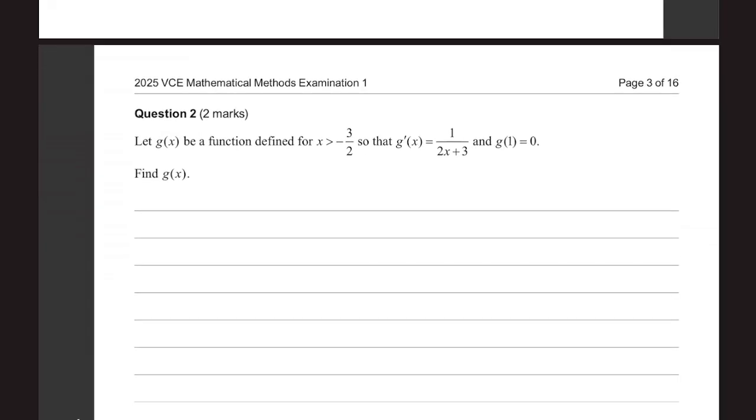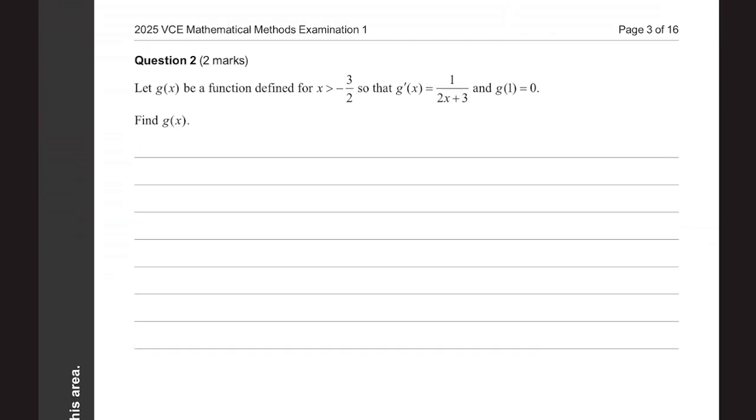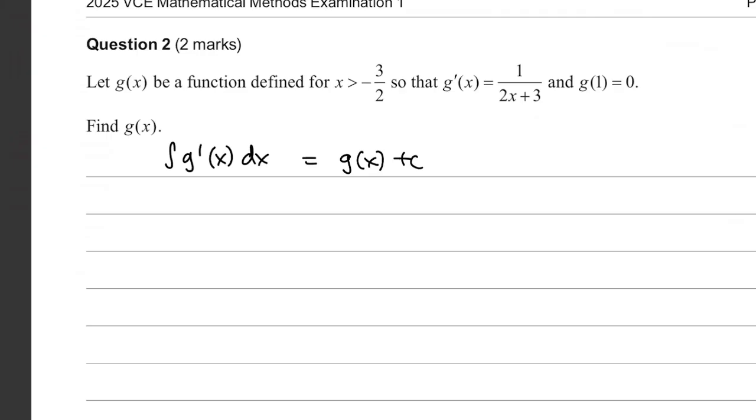Next one, we got some antidifferentiation, just like usual. So g of x is a function when x is bigger than negative 3 on 2, so g dash of x is that. So goal is here, find g of x, so all we're going to do is integrate this, because integrating g dash of x with respect to x gets you back to regular g of x plus c. And to find the plus c, all we're going to do is use this idea that when x is 1, y is 0. So when we have g dash of x being 1 on 2x plus 3,